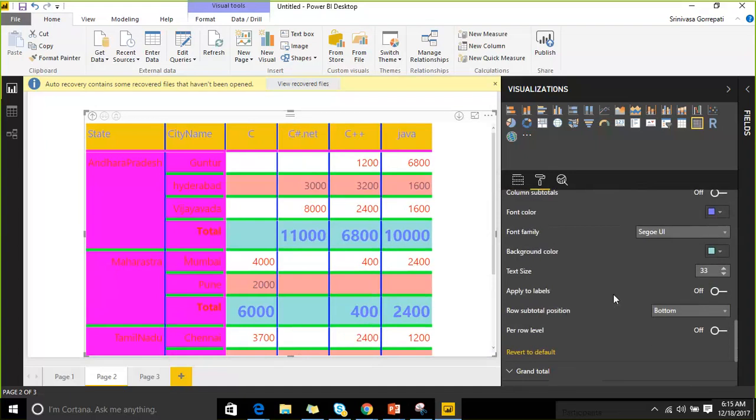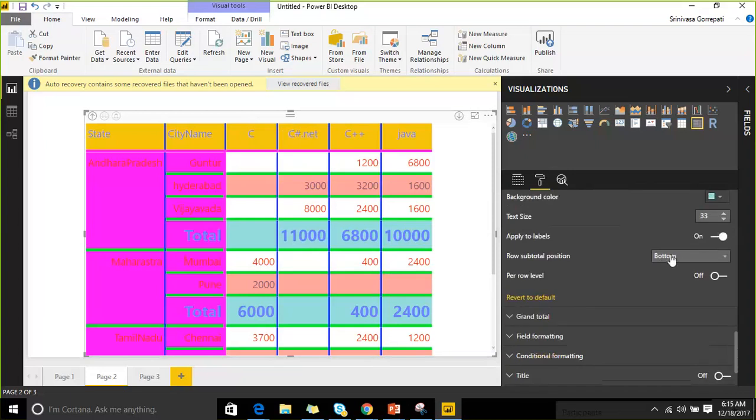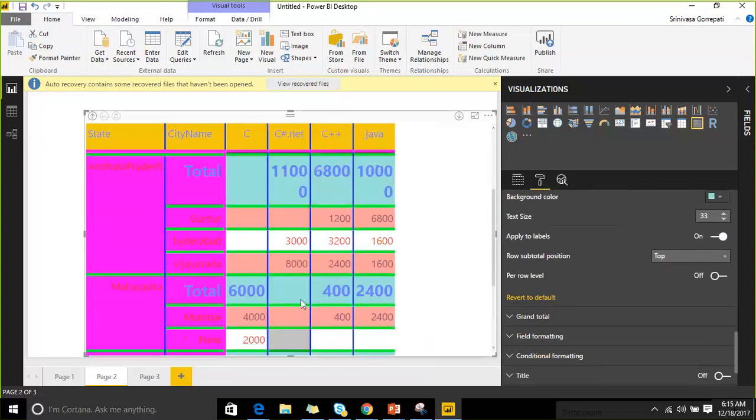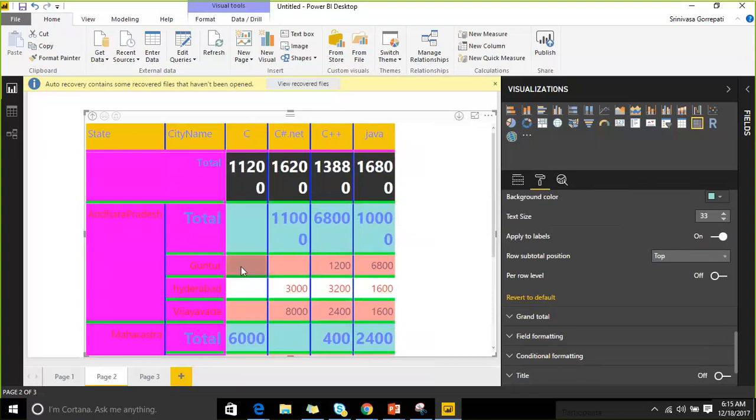And apply to labels. Labels you want to apply, label is nothing but this one. You want to apply the same configuration for the label also, it is applied. And row subtotal position, where you want to provide, at the end of that grouping or on top of a grouping. On top of a grouping means, so here the total was added on the top. Okay, so per row level